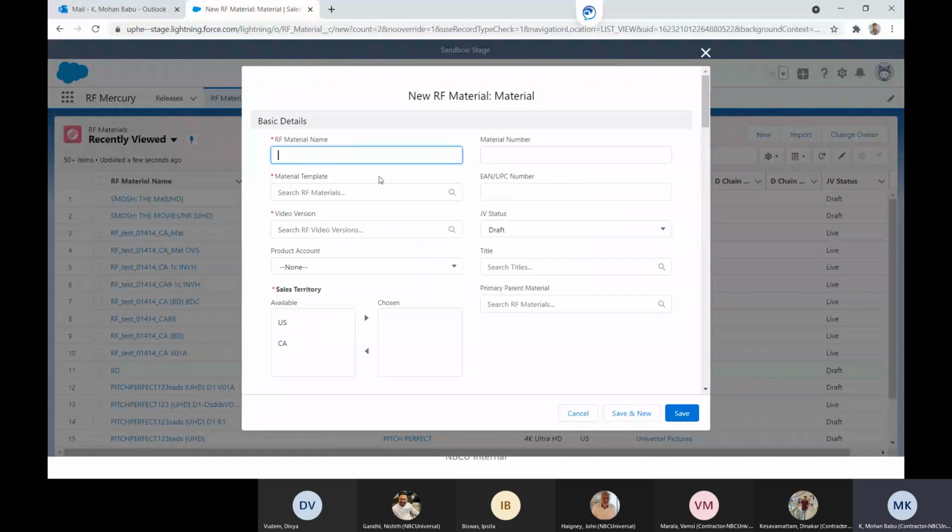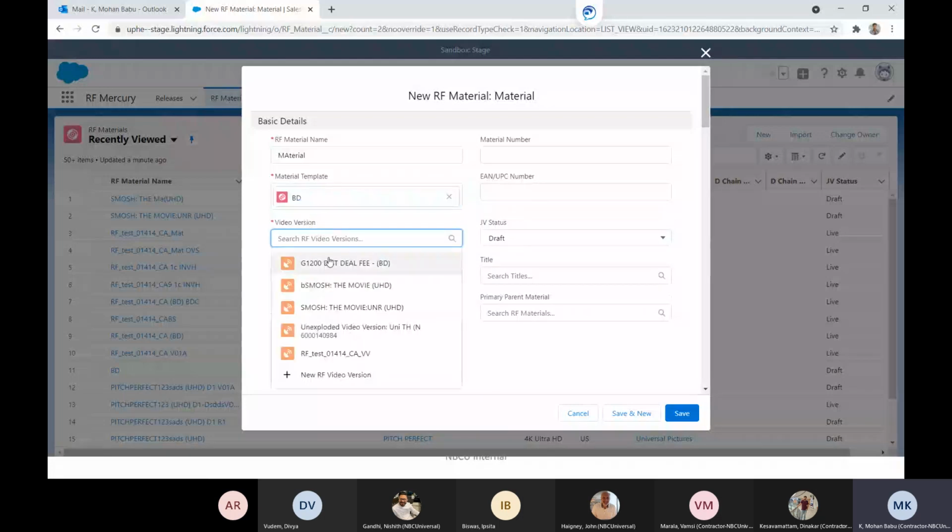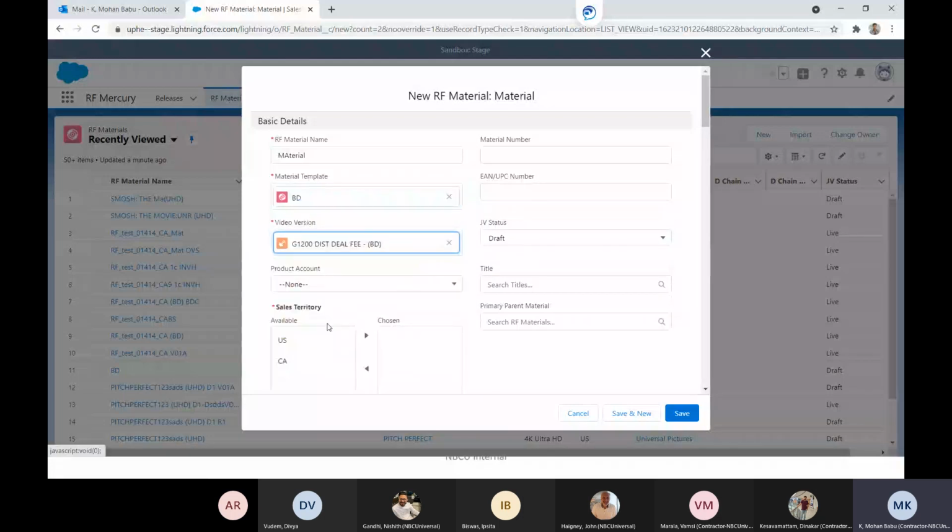So let's create one material. I'll choose the template as BD, I'll choose the video version, and I'll choose the sales territory. Basically, these are the required details to create a material: the material template, video version, and the territory. Now, when I click on save,